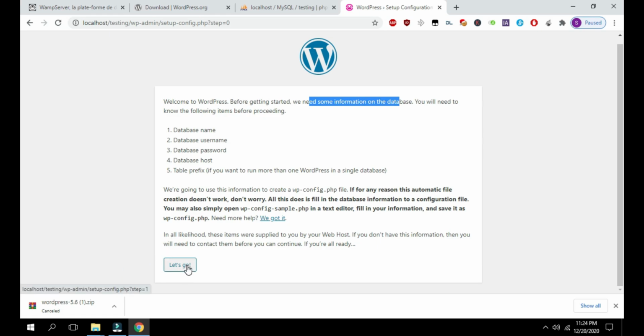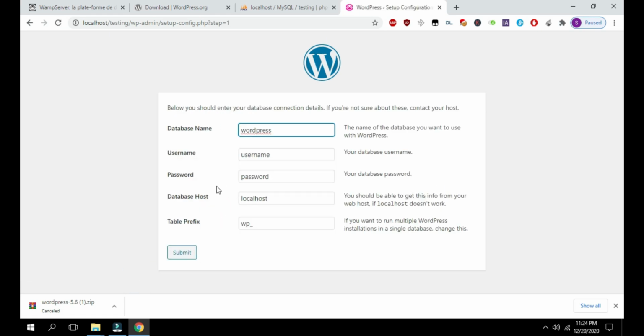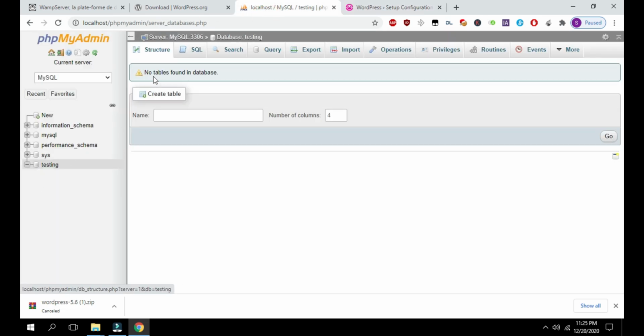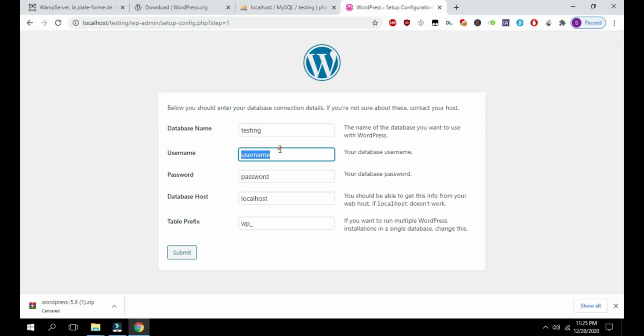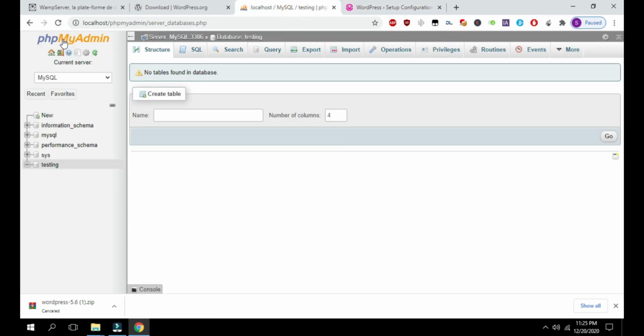So now you have to put in those credentials we created earlier. Our database name is testing, here we created the testing database. In the username field, you have to put root, because root is phpMyAdmin's default username.